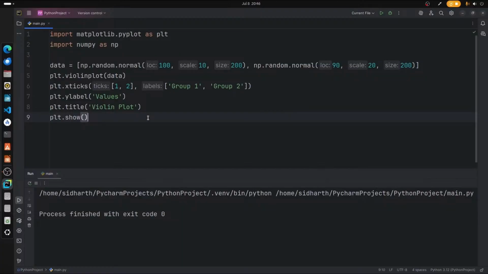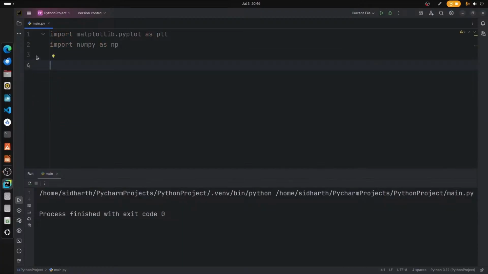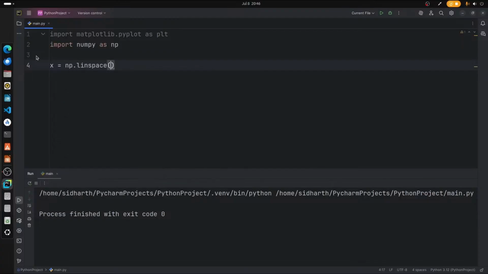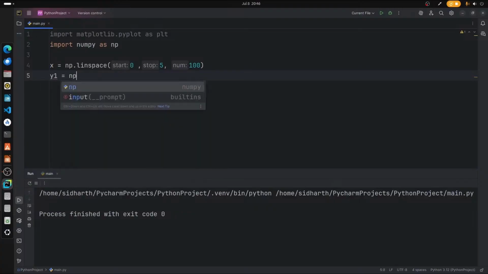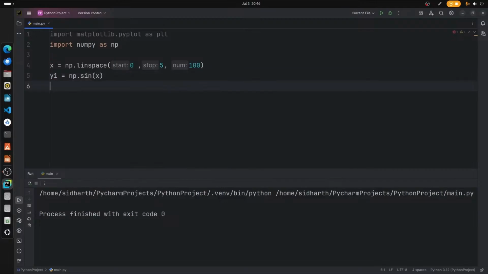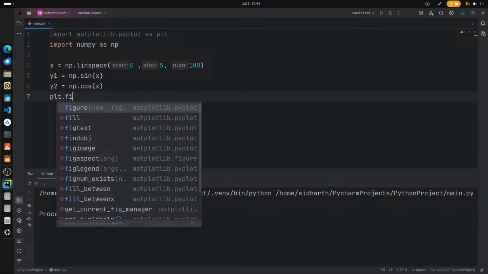So for that, I'll go ahead and erase all these lines and type x is equal to np.linspace, that is 0, 5 and 100. All right, so we are starting from 0 to 5, but the values will be 100. So we have 100 values, which is from 0 to 5. y1 is equal to np.sin(x), and y2 is equal to np.cos(x), and then plt.fill_between